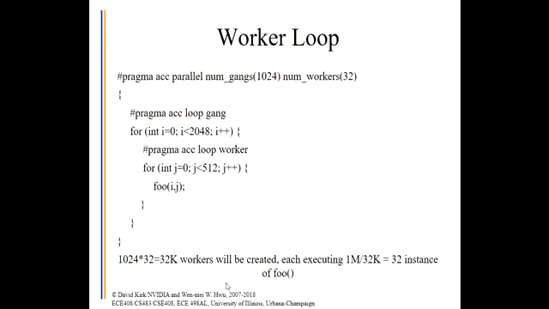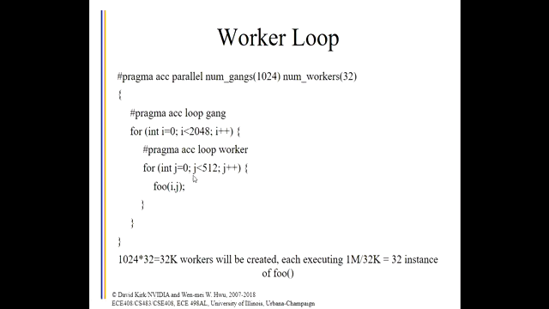So this way, when you have a parallel outside and then loop, ACC loop inside, that means that the innermost loop iterations will be divided up into GANs and workers. In this case, we will have 1,024 times 32 workers, okay, 32K workers, and each will be executing 1 million divided by 32K, which is 32 instances of foo,